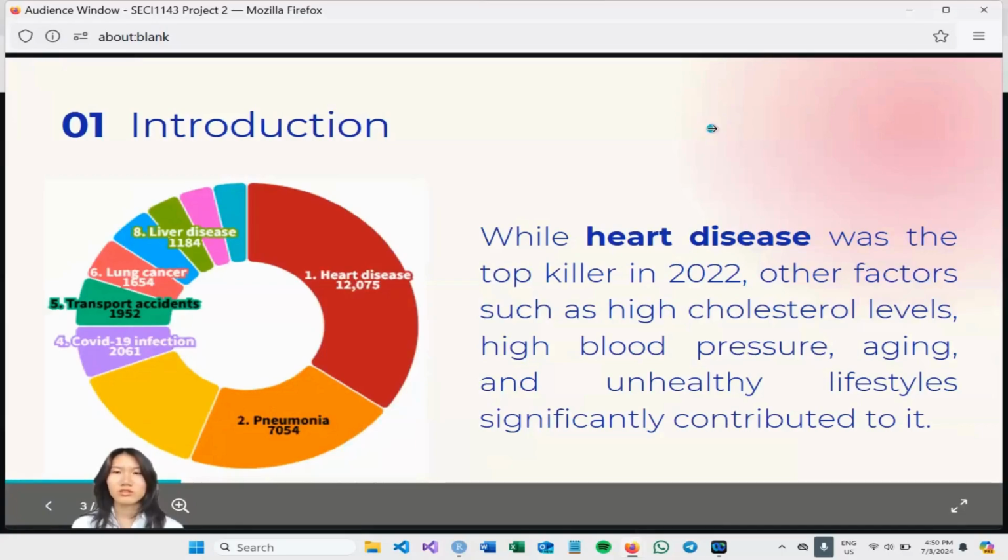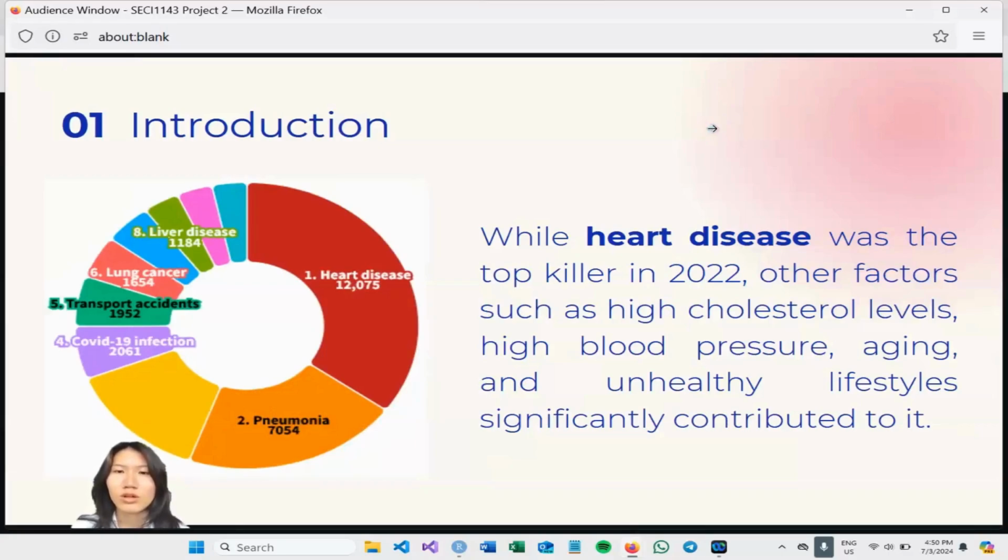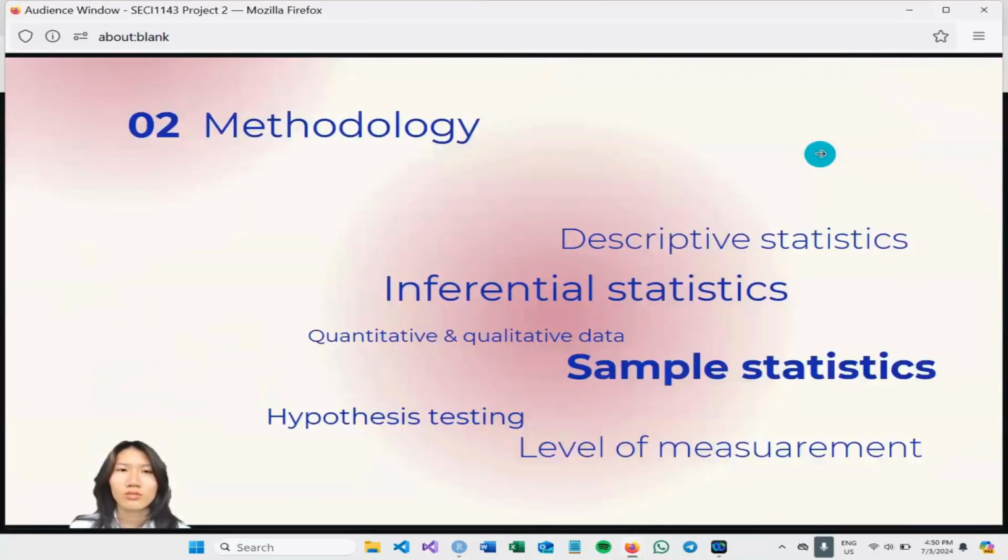While heart disease is the top killer in 2022, we also want to look into other factors such as high cholesterol levels, high blood pressure, aging, and unhealthy lifestyles that also significantly contributed to it. And hence,